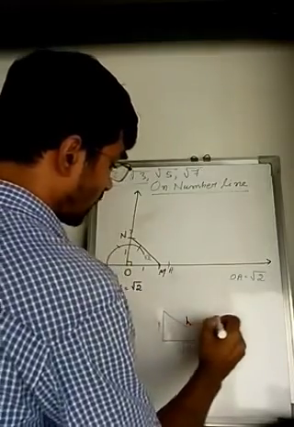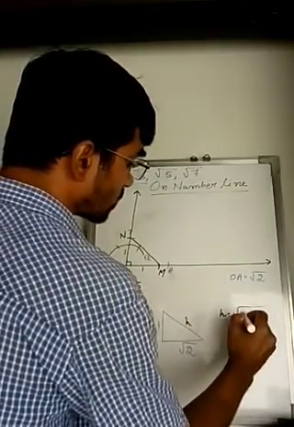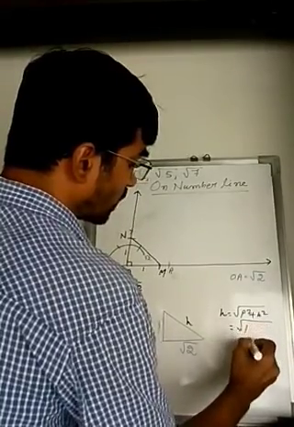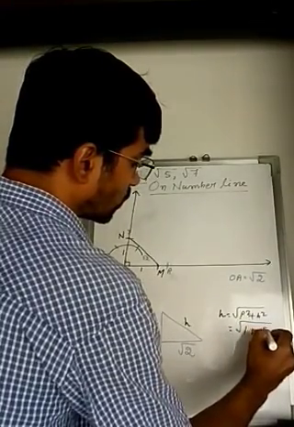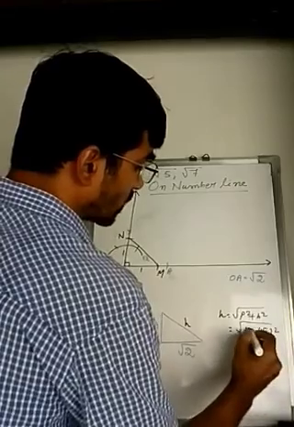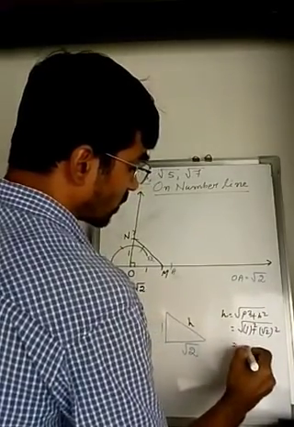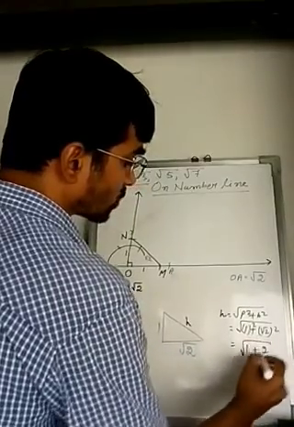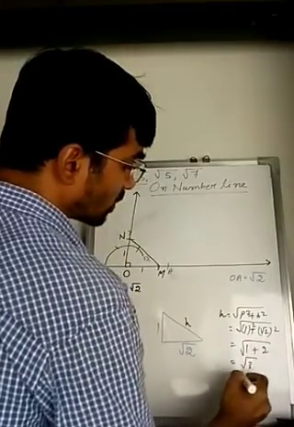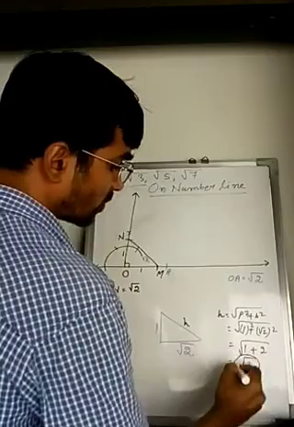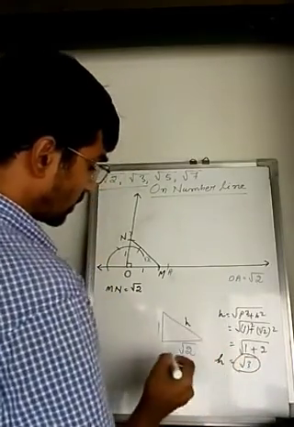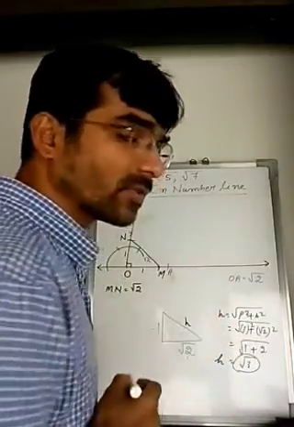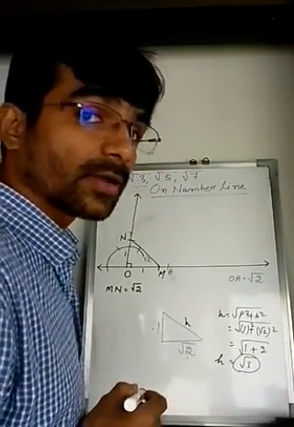Here, this is the hypotenuse, h equals square root of p square plus b square. So in the place of p I will put 1, in the place of b I will put root 2. So this one will be squared, and this one also squared. 1 square is 1, root 2 square is only 2, then square root. So 2 plus 1 is 3. Now what does this become? Root 3. So if the base is root 2 and the perpendicular is 1, then I will get root 3 as the hypotenuse.